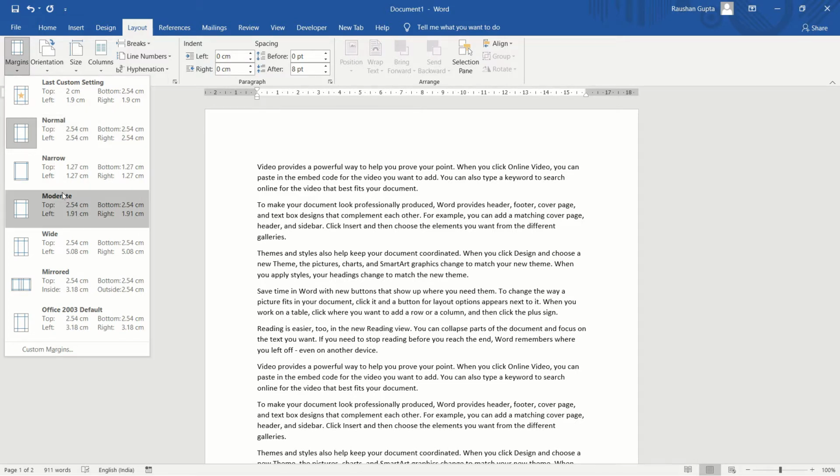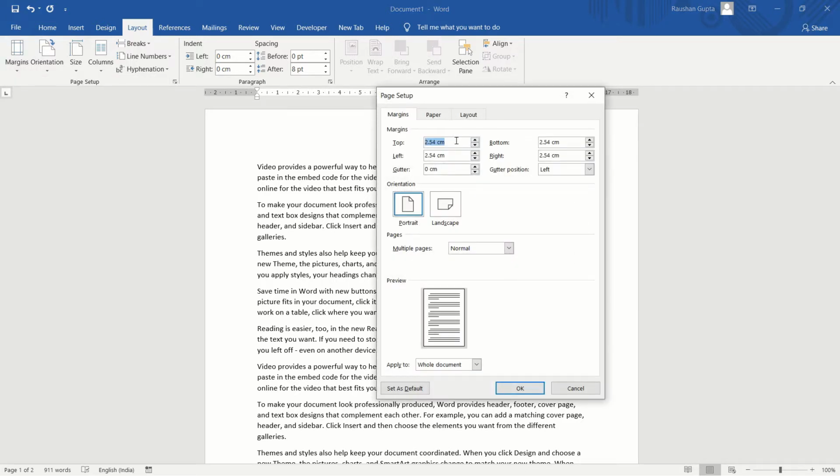Here there are pre-designed margins, for example Normal, Narrow, Moderate, Wide, whatever you want. You can simply click on it, or if you want to select your own, you have to click on Custom Margin. Now here, for example, at top you want 1.5, so you can simply write it here.